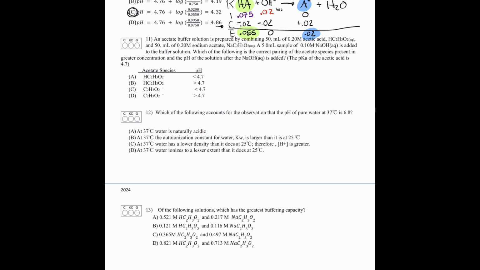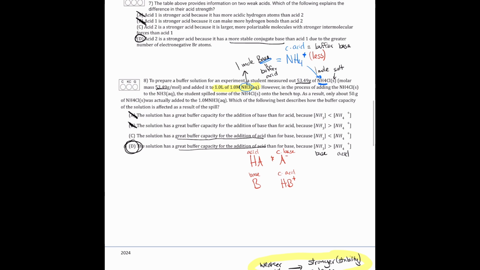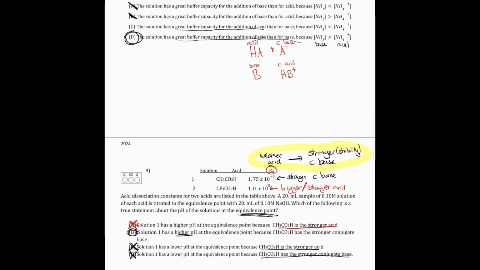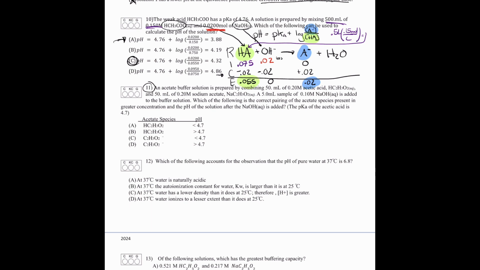Okay, another question about buffers, number 11. So this one actually, once again, it's helpful to recognize similarities among questions because then even as they change, you can kind of get the overall thing of what will be asked of you. So notice that this one actually has a similar idea to number 8 in that I always identify first when it's a buffer-like question. So this tells us we have an acetate buffer made by combining acetic acid,